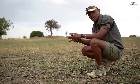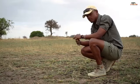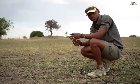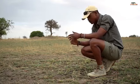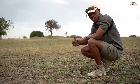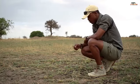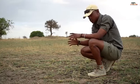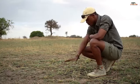giraffe. But if you're in a location where you might have both of these animals together, for instance, if you go to Ruaha National Park, you will have the giraffes and the kudus over there, and these all have the same shape of dung, okay? How will you tell if this is a giraffe and not a kudu is by the form, okay, on the